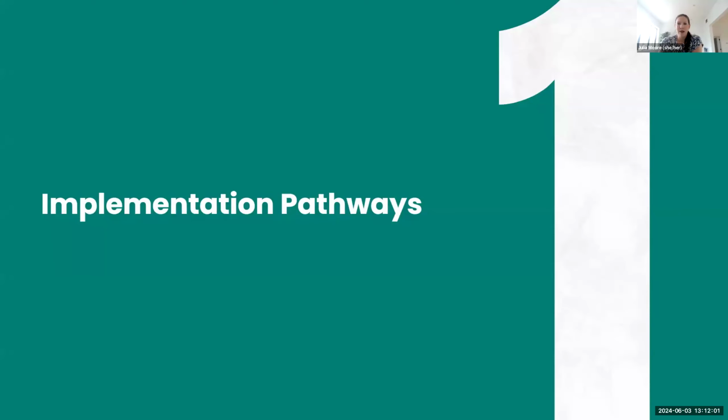So when I think about implementation science, we're trying to make it really practical. So I like to start by thinking about roadmaps. These are high level overviews of the key activities that we do when we're going to implement things or do research about implementing things.